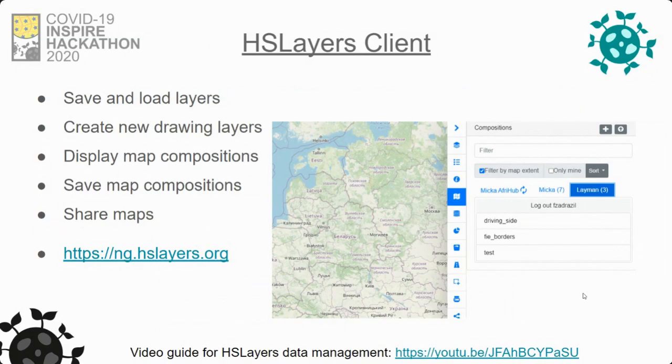It's really a whole web mapping application framework you can use to create applications. Here on this slide, I've just picked those tools we are going to be dealing with. So we are going to talk about saving and loading layers, creating new layers, and loading and saving map compositions.